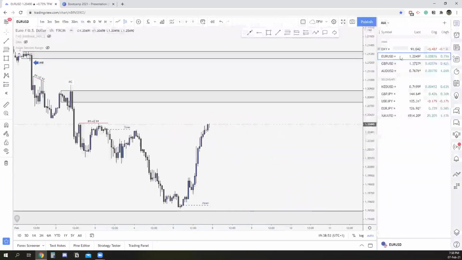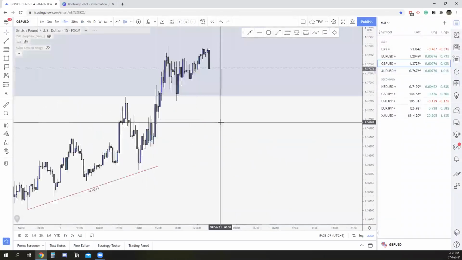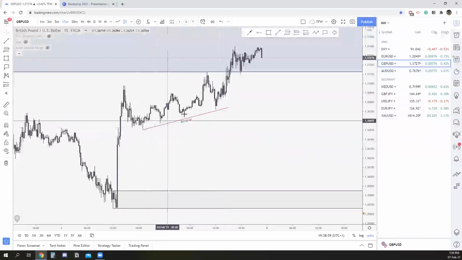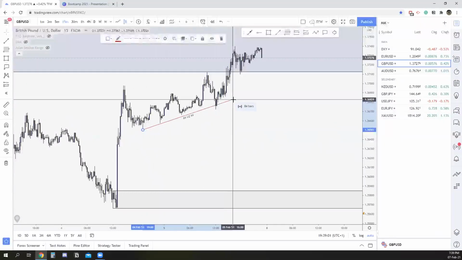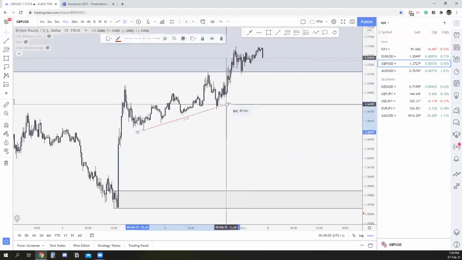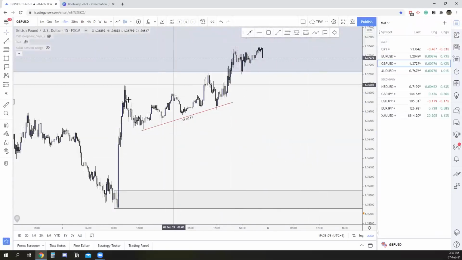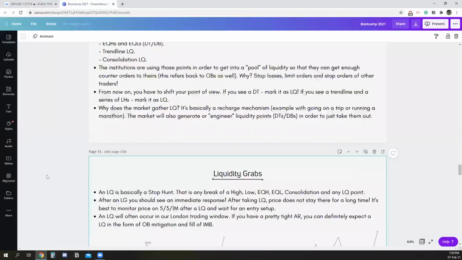There was another trade, here it is, GU. Have a look at this. Higher low, higher low, higher low, higher low. They're more or less equal and building up. So what the market is going to do is fake below all of those lows in order to gather liquidity and then potentially go. So this is your trend line liquidity, right?